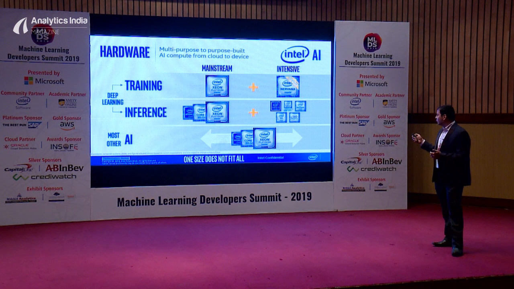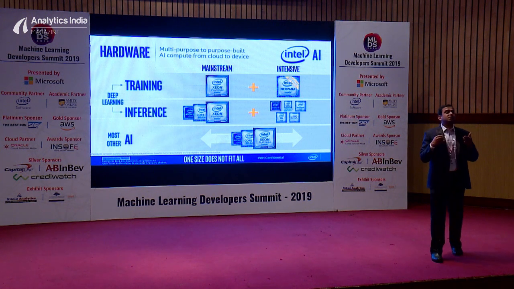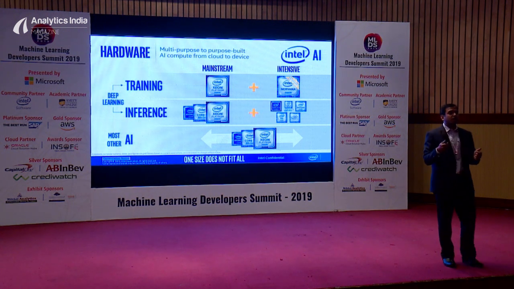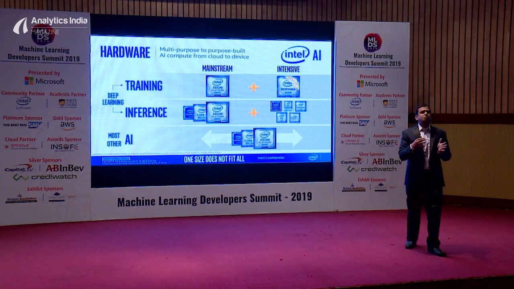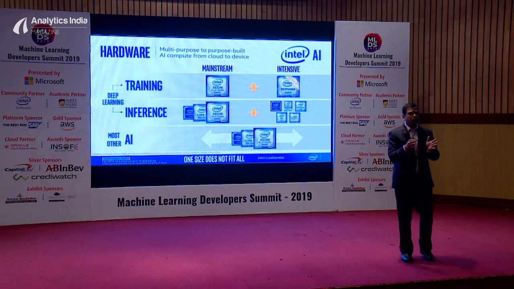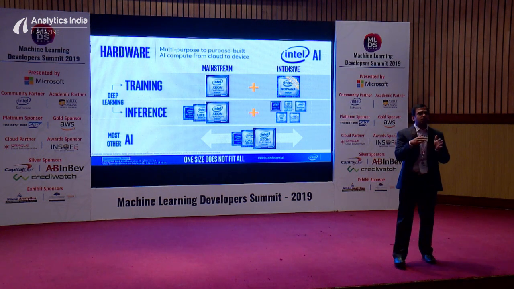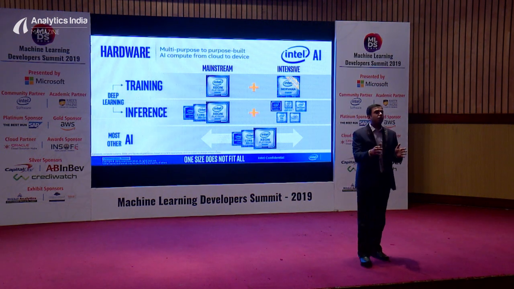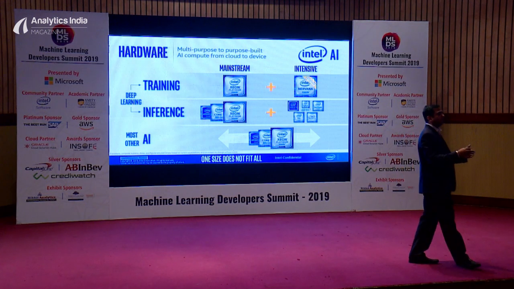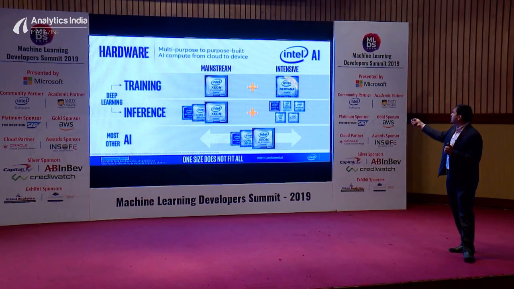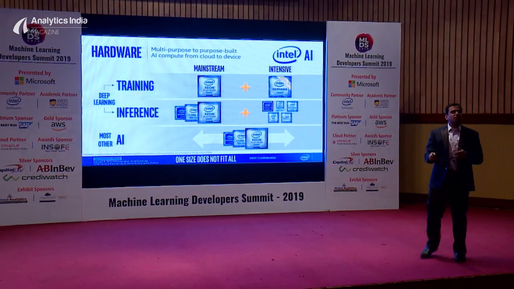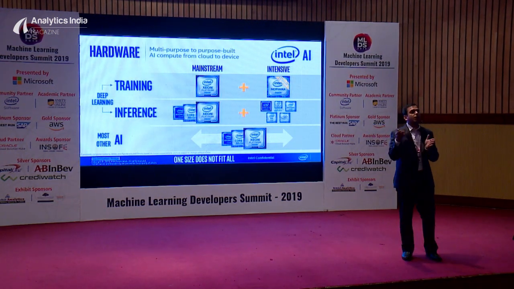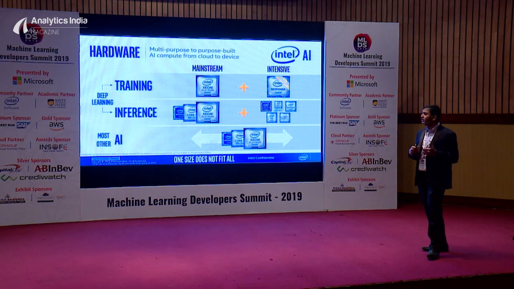Now, when it comes to intensive workloads, there's something called Nervana. Nervana is a company that Intel acquired, I think, 2 years back, and they have specific accelerators that are targeted for training. This will come out by the end of the year or early next year. So if your Xeons are not good enough and you need specific accelerators, that's where you go with this. We have internal code names, but it's coming out at the end of 2019, 2020.